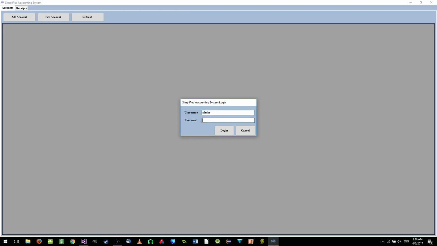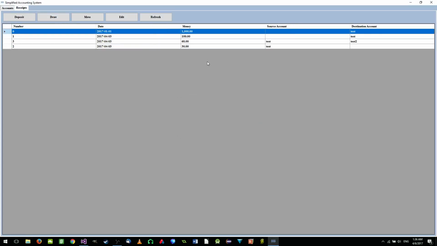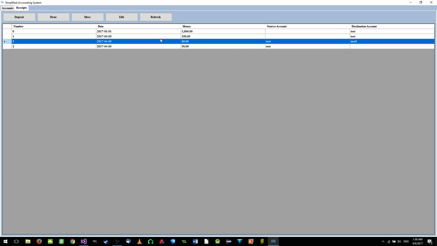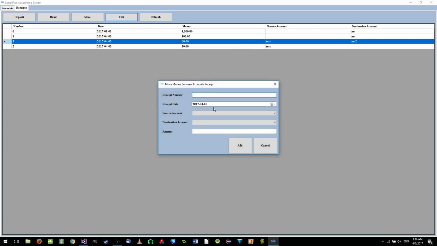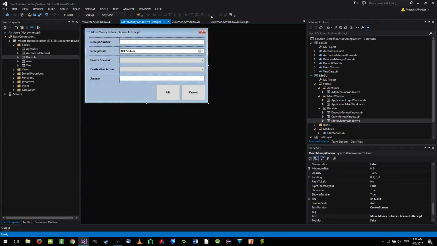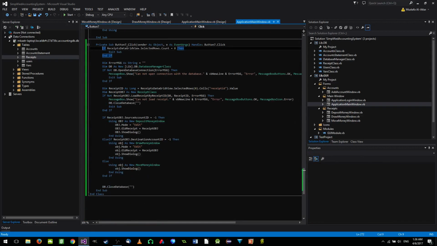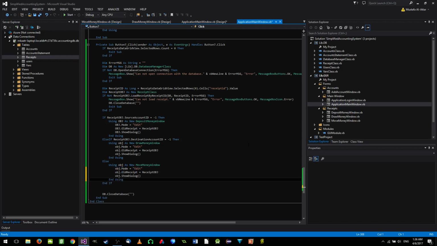There's going to be admin 1 2 3 go, and now let's go to this receipt, and we edit that, make it, oops, I forgot to do something very important, which is where's the main window, where's the edit button? This is the edit button, and we should have made something like this. Okay, and finally we should